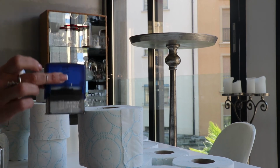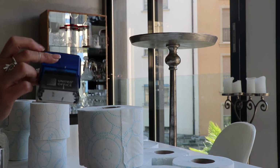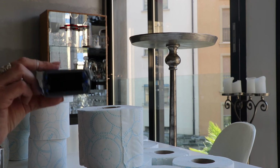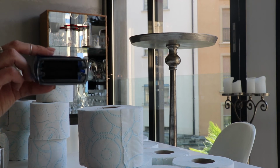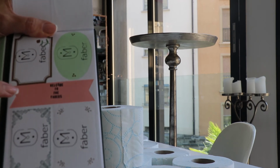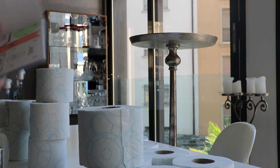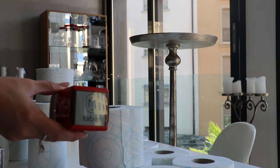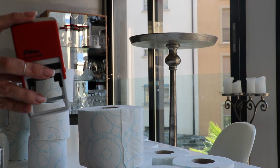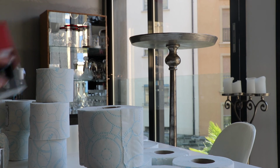This one I just made. You buy them from Aldi or any stationery shop, and you actually make your own stamp. It comes out a little bit, it looks like you have been typing it. This one I had made, and it also works really well, but all of these are really not that expensive. And